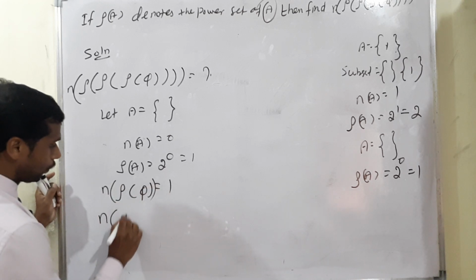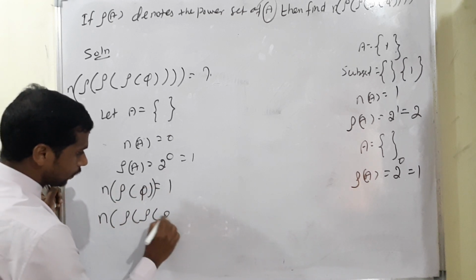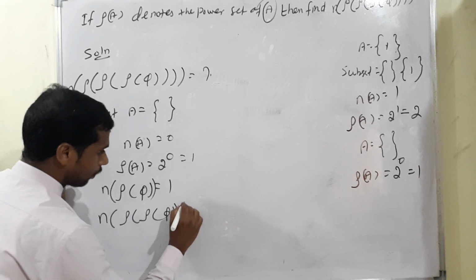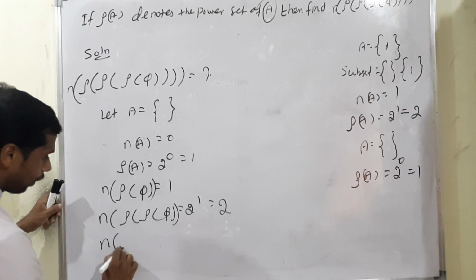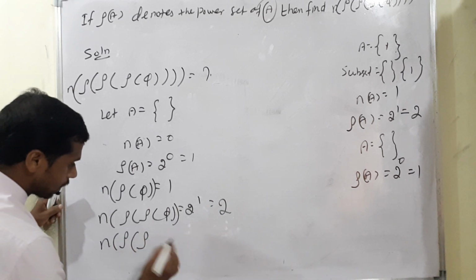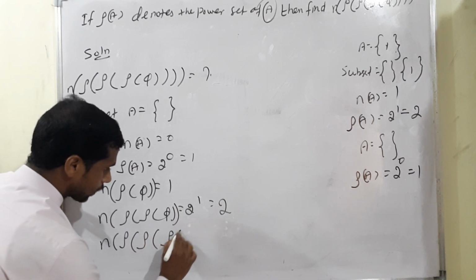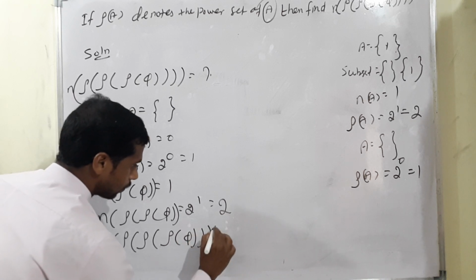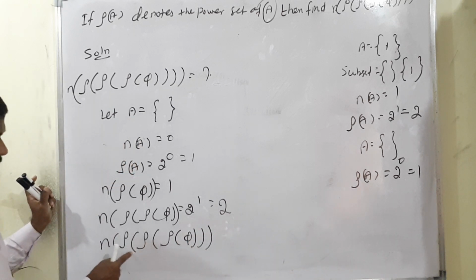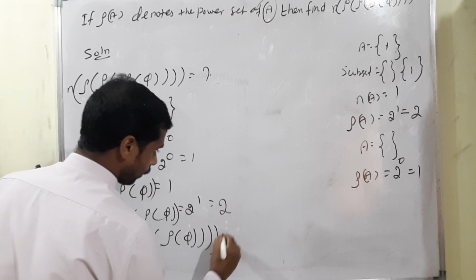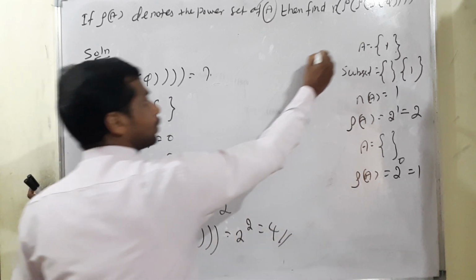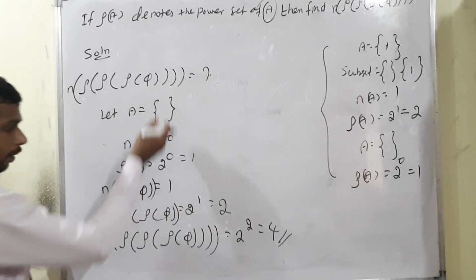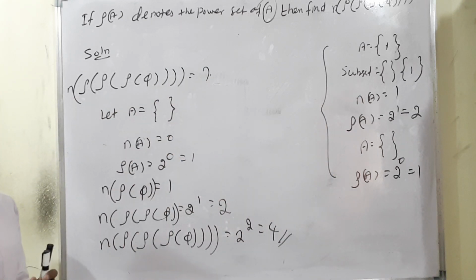Again, the number of subsets of one more: the formula 2 power 1, the value will be 2. One more time, the number of subsets, again the subset of the null set: outside 1, 2, 3, is equal to 2 power 2, and the value will be 4. If you know these two steps, it will be very easy to apply. Okay, I will continue with the exercise questions. Stay on the line.